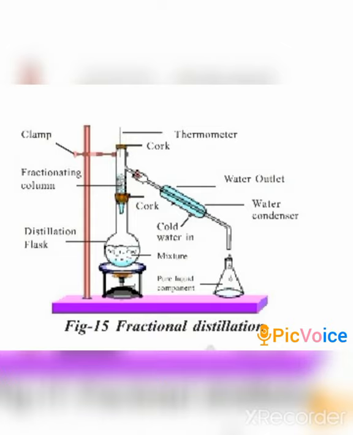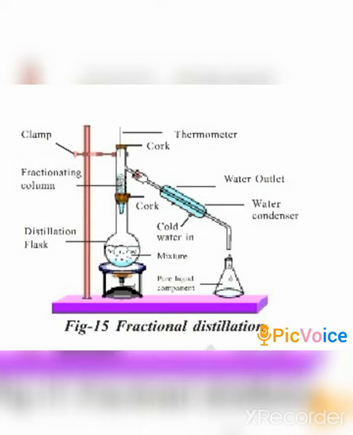But what happens if the boiling points of the two liquids are close to each other? For example, if the boiling points of water and some other product are so close that they have a difference of less than 25 degrees Celsius. In such a case, the separation of liquids with the help of distillation can't be done. In this case, fractional distillation would be used.